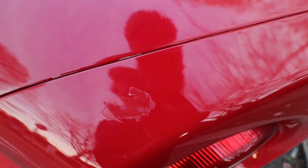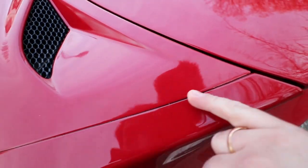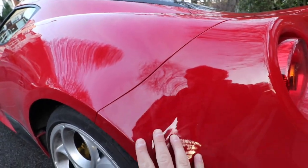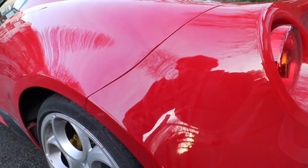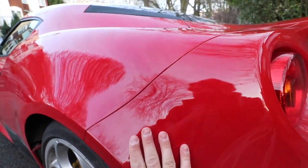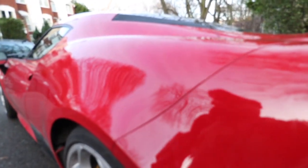Here, I don't know if you can see that on the camera. That all came out. A load of chipping came out here, and that also revealed some further damage in this panel. Now they promised me that it wasn't like this when they sold it to me, that they knew about it. They promised me they didn't know about this, so everyone's best guess is that it had a small little bit of damage when it left the Alfa Romeo factory, and Alfa just repaired it badly. So